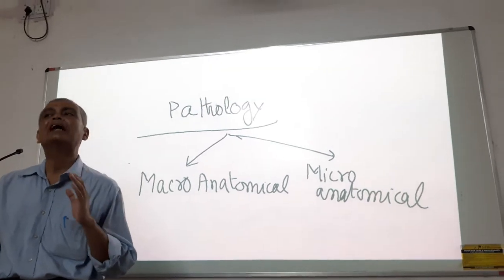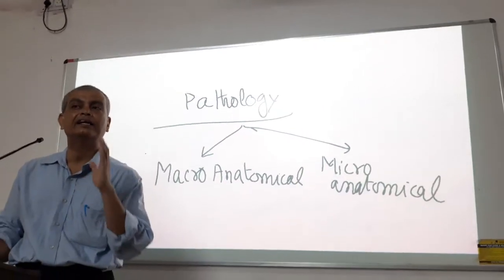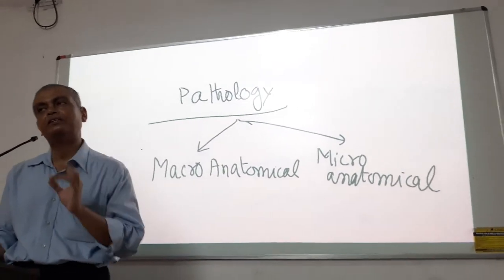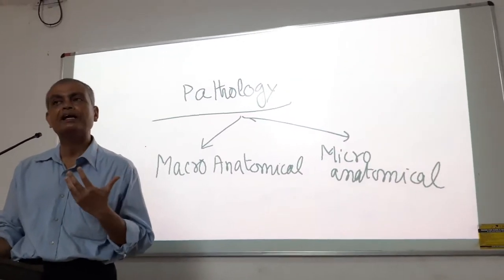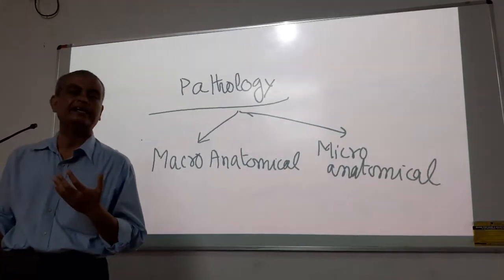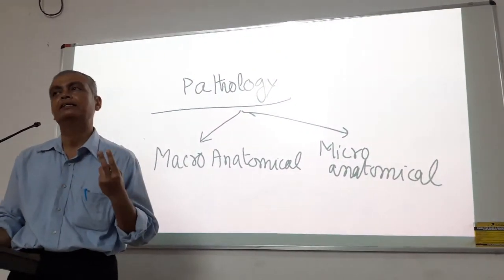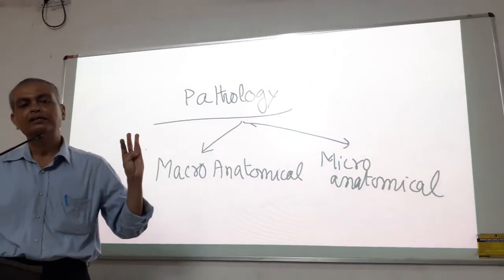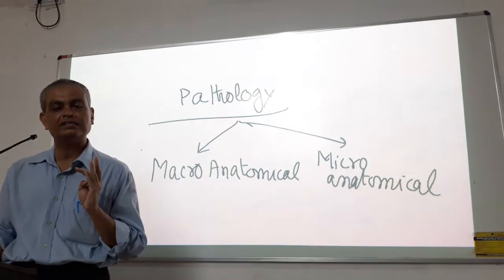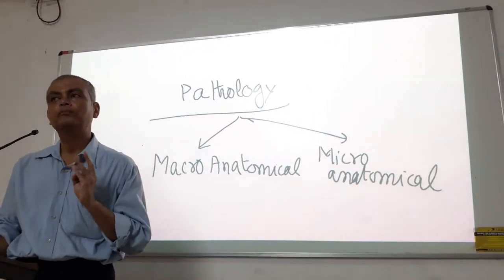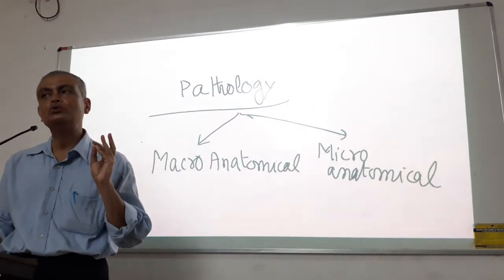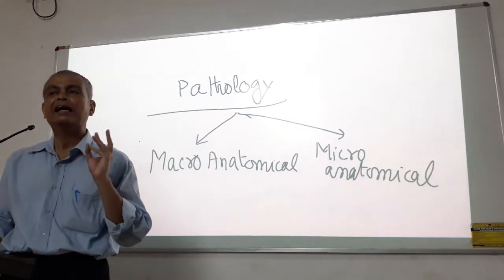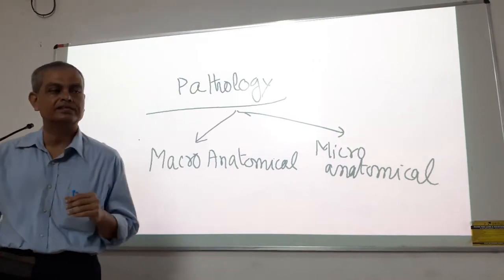That means what are the changes that the organ undergoes in that disease, and what are the histopathology, what will be the microscopical changes, and what will be the naked eye changes. Both will comprise the pathology. So first the terminologies are etiology, then we are coming into pathogenesis, and now we are coming into pathology. So these three are the most important pillars of pathology, and then there will be some other features. We will discuss one by one.